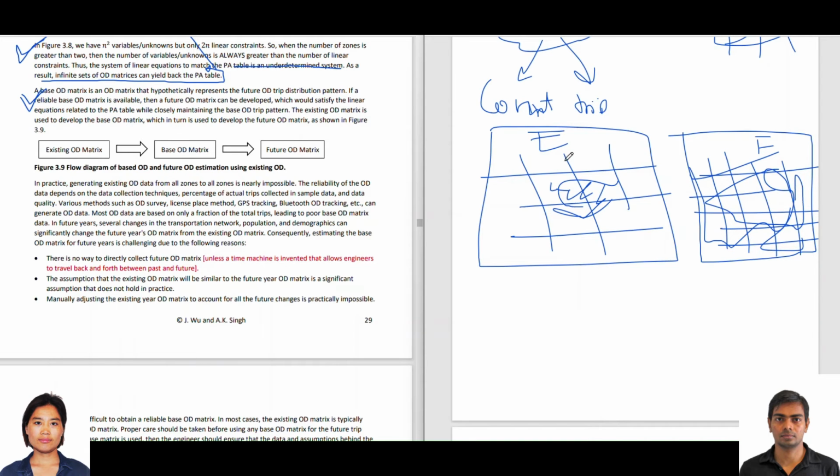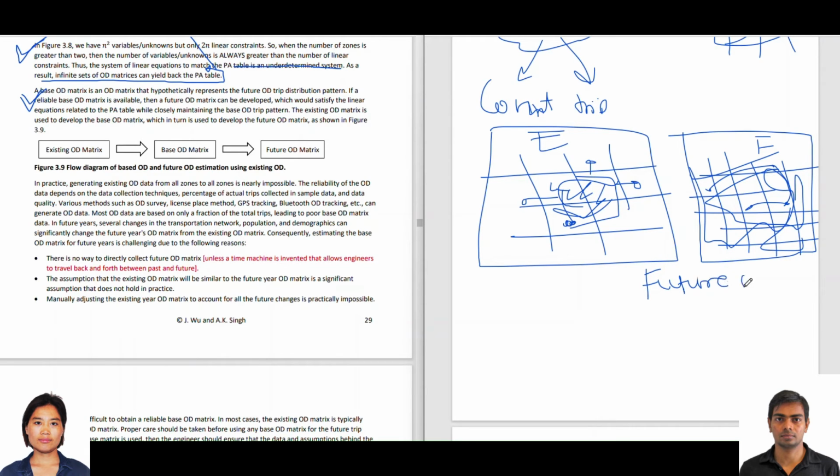Let's assume. So in existing, some vehicles will go from here to here, here to here, but only a few vehicles will go outside because there isn't much development outside here. However, in future, the city has expanded and now there will be trips from this location to this location, and this location to this. So what it means is